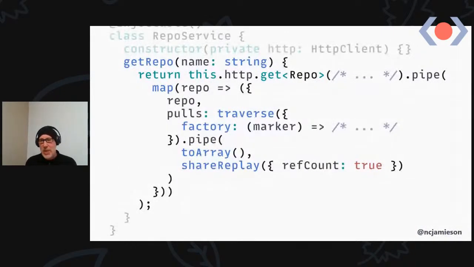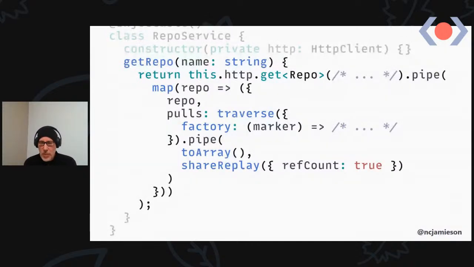We'll use the GitHub API to retrieve information about that repo, but we also have in our components, we can imagine that we have a component that's going to deal with the repos and several subcomponents in that component that also deal with pull requests. So rather than have each of those subcomponents directly access the repo service to retrieve the pull request, we'll compose a pulls observable and we'll send that out of our repo service along with the repo data. So subcomponents can grab pulls and then they can retrieve the pull information.